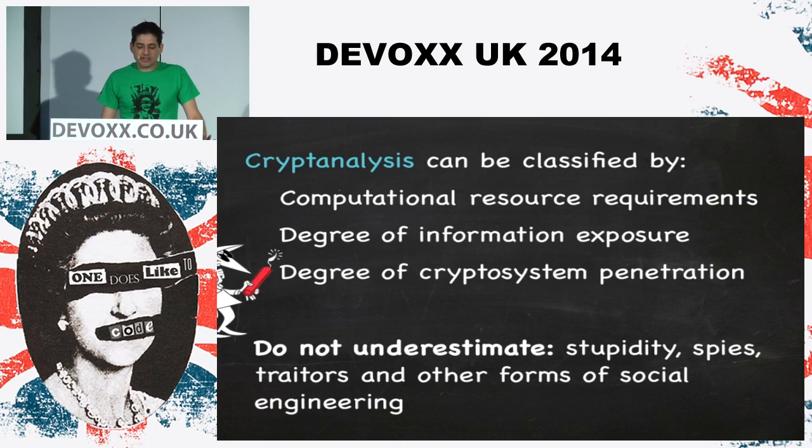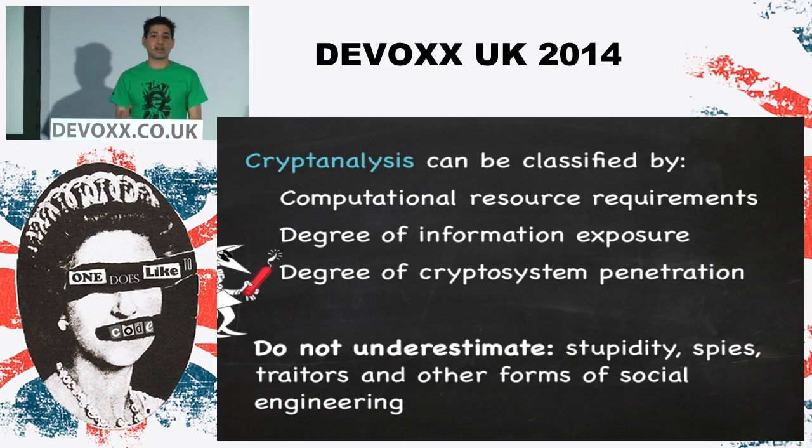But you can't underestimate the stupidity of people. You can't underestimate spies, either governmental or corporate spies. Corporate espionage is something that's growing year on year. Look at the recent newspaper stories about America accusing China of hacking into various businesses to get competitive advantages. And traitors, people in your own company who you've either upset somehow or maligned, and they're now there and able to do a lot of damage because they're already inside your network.